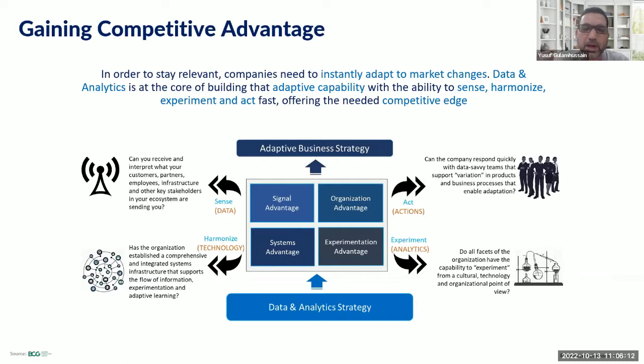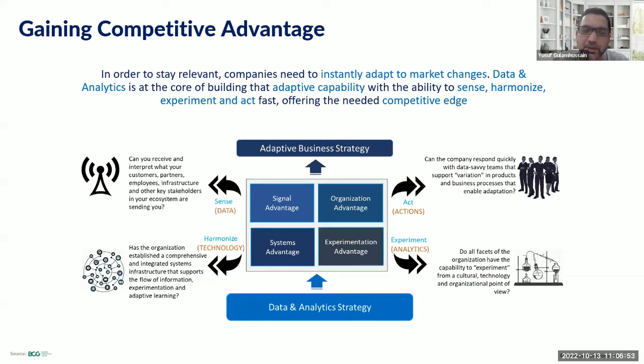So things like COVID, when it happens, people that were able to react quickly were the ones that were able to come up with new business models and then survive and thrive within the pandemic. So the very first thing is the ability to sense and know what's going on. The second thing is, once you know what's going on, how do you harmonize all that information and then experiment new business ideas using the information that you have gathered. And finally, act upon those insights or actions that you have taken, and then basically define your next best action or next business model, and so on and so forth.